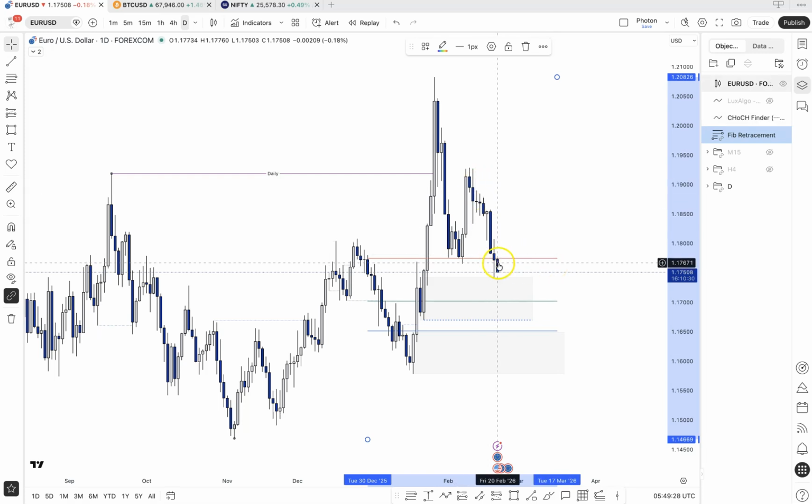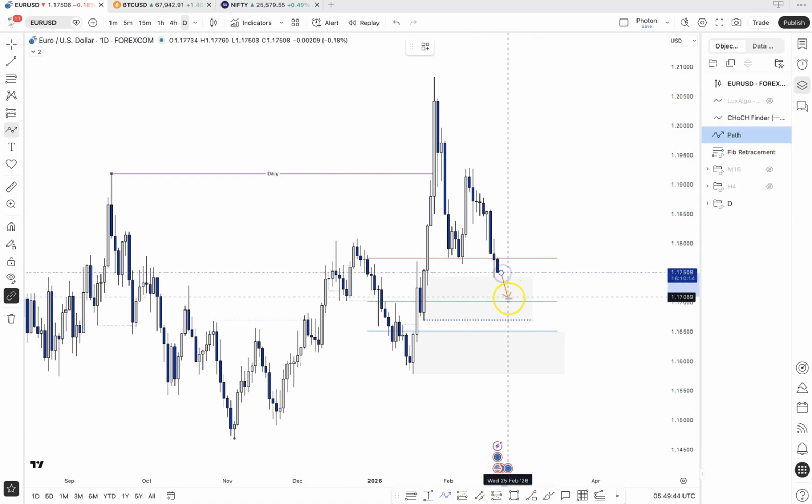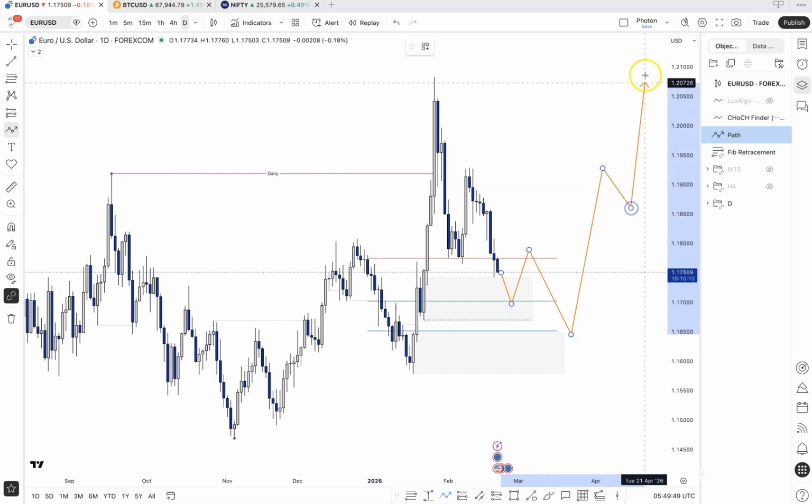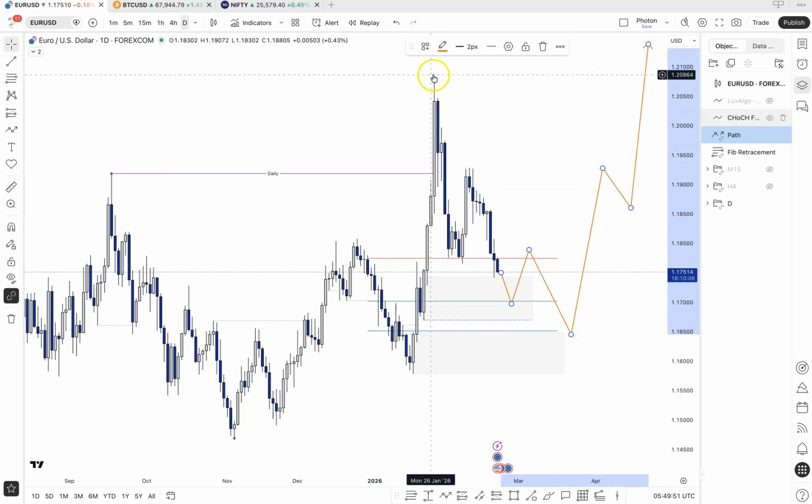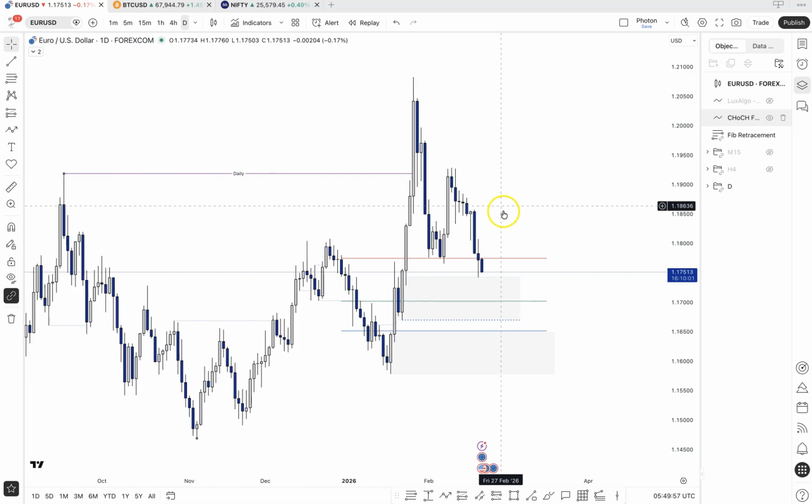We are bearish on the internal, but overall the swing structure is bullish. So this is the strong daily swing low, and this is the weak daily swing high. So at some point we expect the price, I think it'll probably come down a little further, and then we go and take out the weak swing high. That's as far as the daily is concerned.